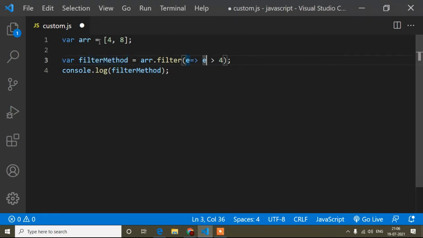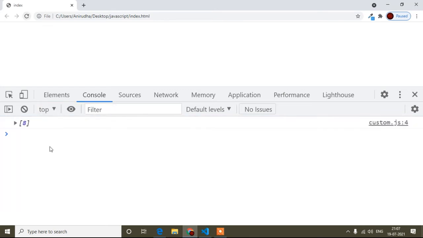Because it's a loop, it checks one by one. First 4 comes, and it checks whether 4 is greater than 4, it is equal, so it will not return 4. When 8 comes, it checks 8 is greater than 4, so that time it will return it. I will save and refresh. You can see it's returning 8, and it also returns a new array.